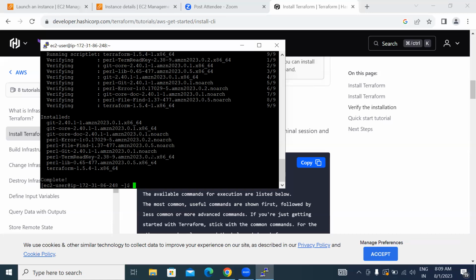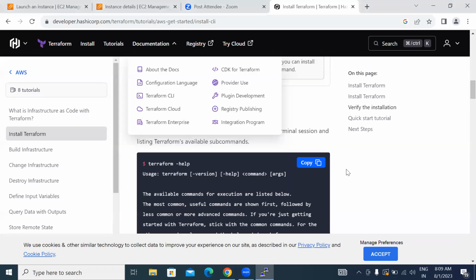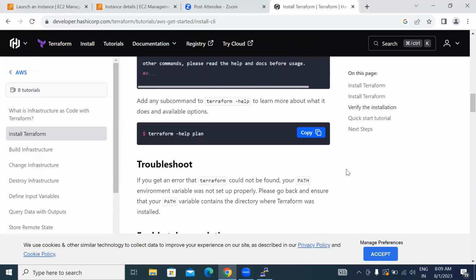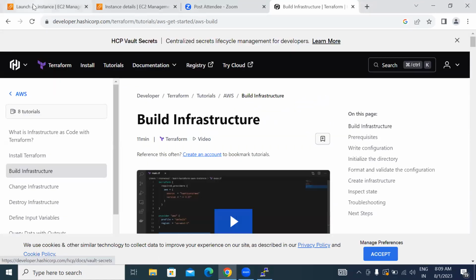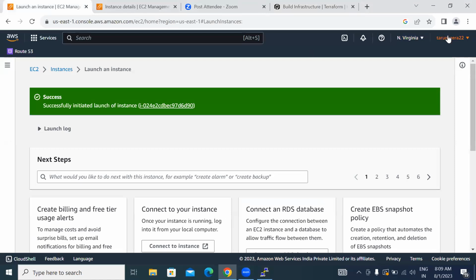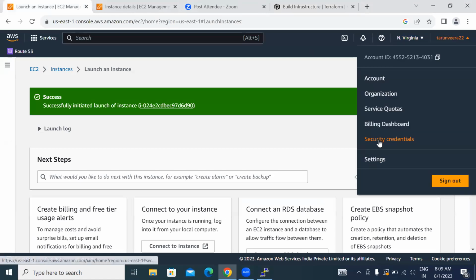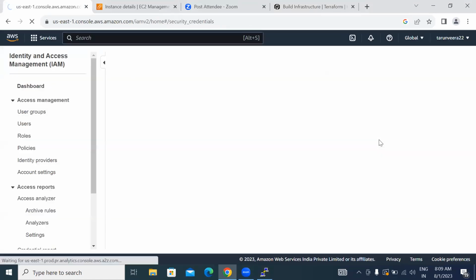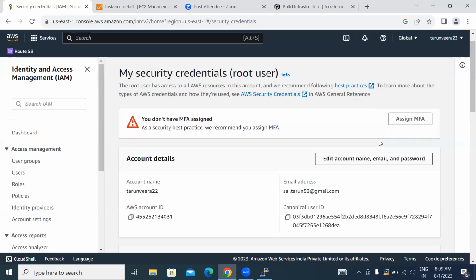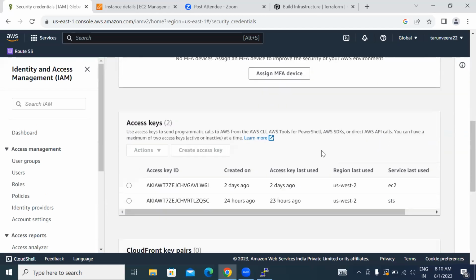Then we need to configure the AWS credentials also. So here, instead of configuring the credentials, I'll export the credentials. We need to get the programmatic access. That's the reason we need the access key and the secret key. But at any point of time, we can create only 2 access keys and secret keys. We have already those. That is the reason I'm going to